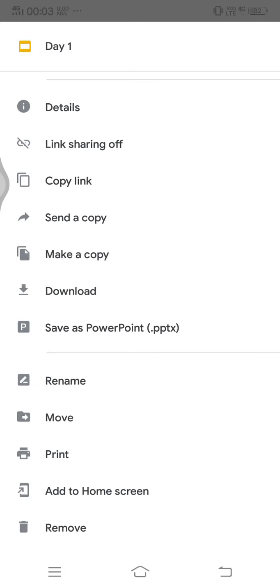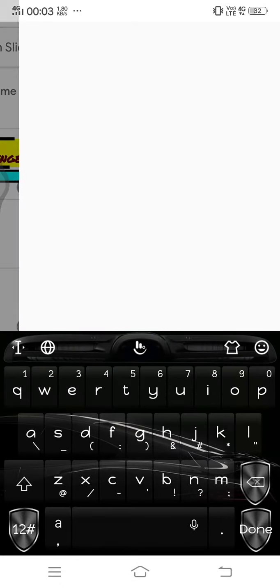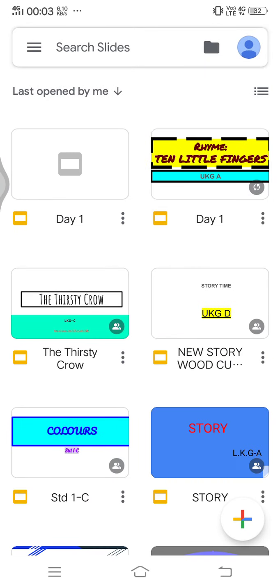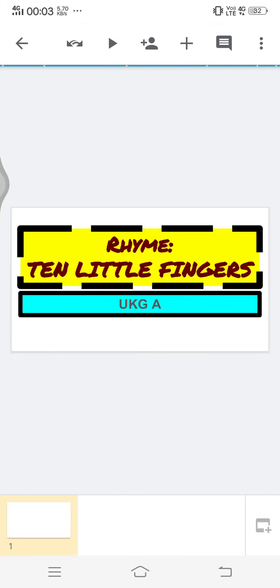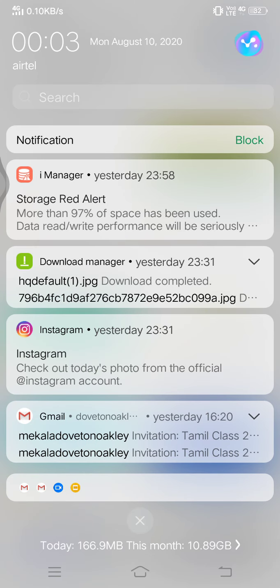You can also make a copy. What will happen is if you press make a copy, another additional copy will be created here. And you can always go and edit it from that. So what will happen is basically this one will be there, it will be untouched, and in the copy you can make whatever changes you want to it. Like for the next day, maybe if you don't want to do everything again, just want to make a few changes, you can go here and there and make a few changes as and when you like it. So that's all about Google Slides.